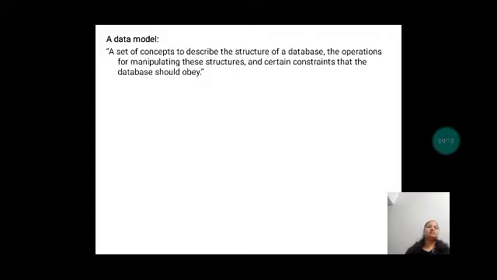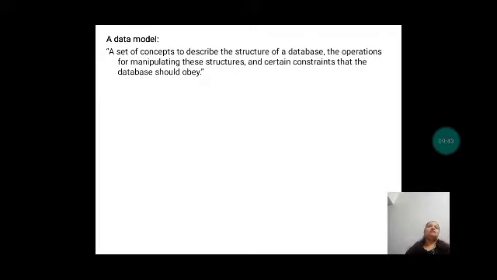Say for the register number of the student, only the number has to be stored in that column, not the name, right? So that's a condition. Or say each and every student will be given a different registration number, meaning two students cannot have the same registration number, that is also a condition, right?